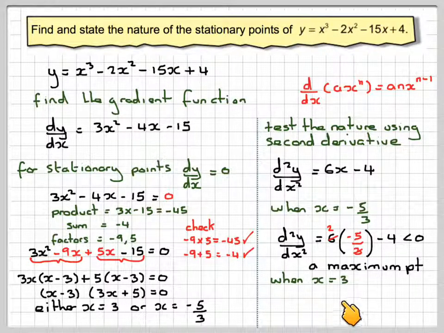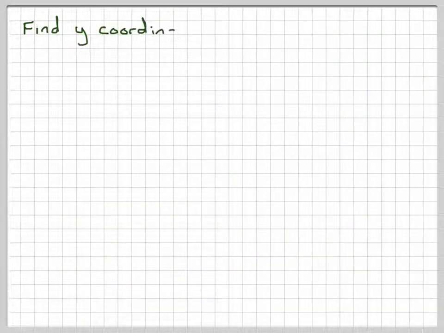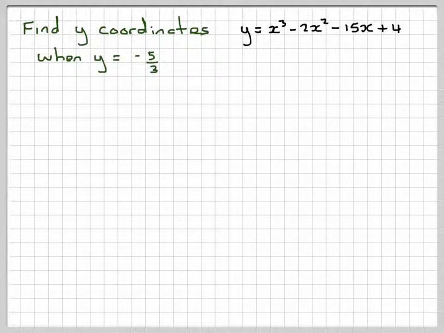When x is equal to 3, the second derivative will be 6 times 3 minus 4. We can definitely see that's positive, therefore that's a minimum. So the last thing we need to do is find the y coordinates. So in order to do that, we need to use the y equation, substituting in first,